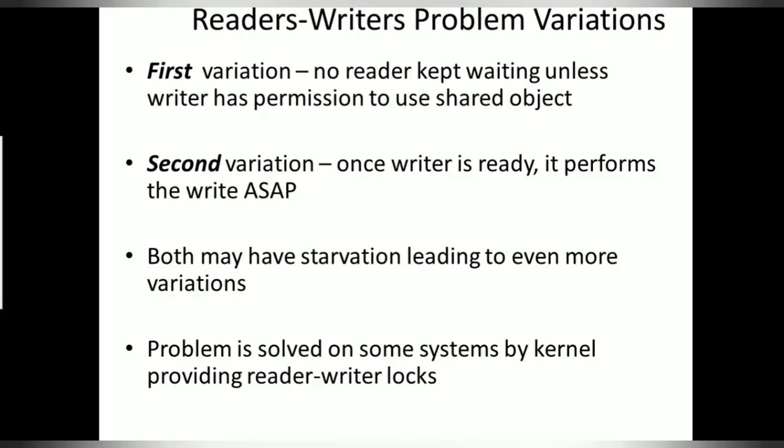Now let me give you an example. I say there are three processes, P1, P2 and P3. Now if P1 and P2 are categorized to be the reader processes and P3 is categorized to be the writer process, when all three processes want to access the shared memory, can we give the access to all three processes? Certainly not, because one of the three processes is a writer process.